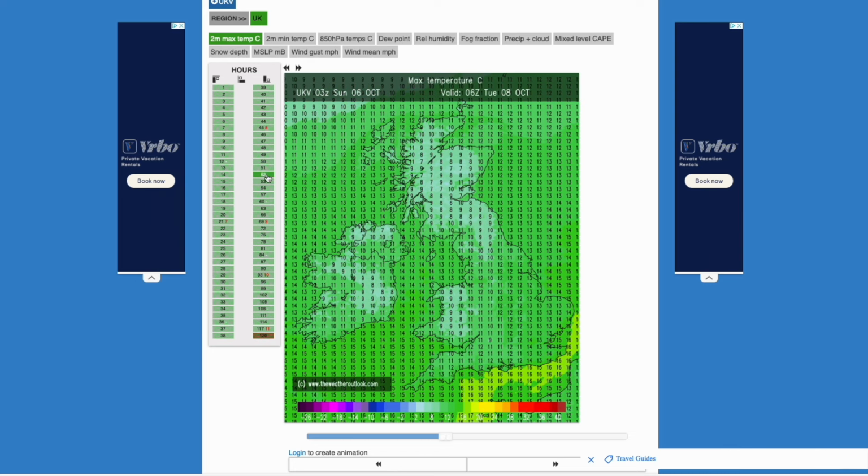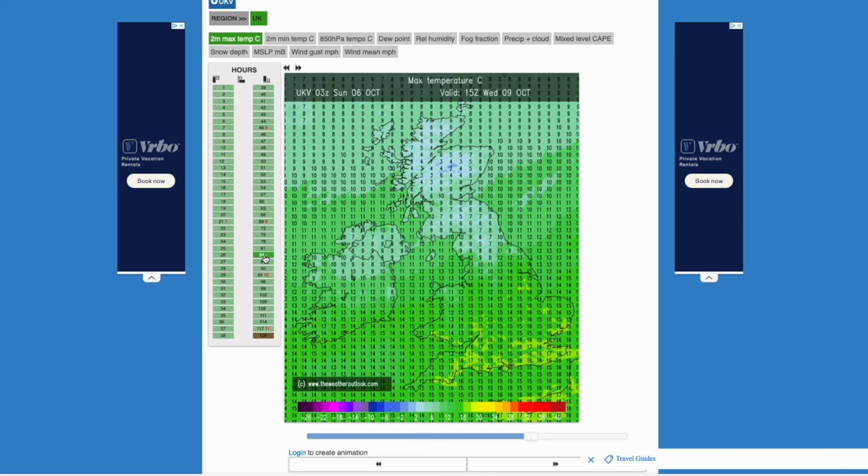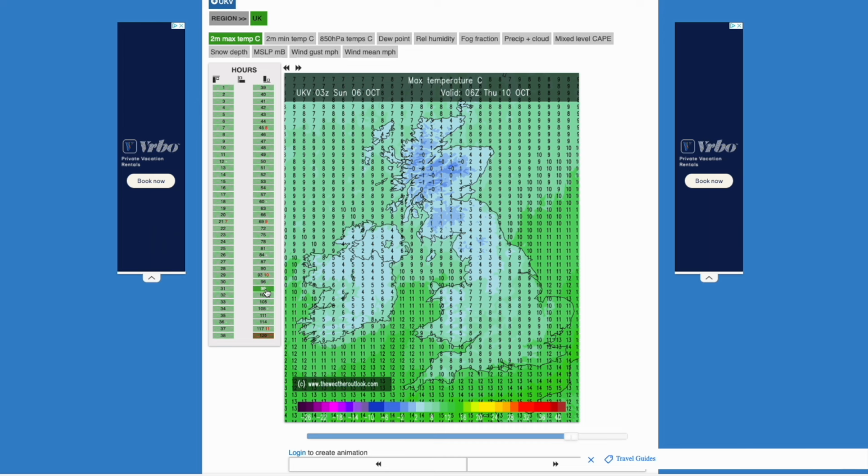As we progress into Tuesday, a similar story, still pretty mild, but the cold air is moving in from the north, and you can see by Wednesday afternoon, big north-south split, much colder for northern areas, single digits for many areas in Scotland, Northern Ireland and Northern England, 16-17 in southern England, but look what happens into Thursday, widespread frost for Scotland there into Thursday morning,